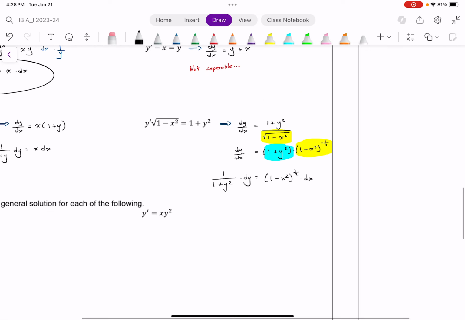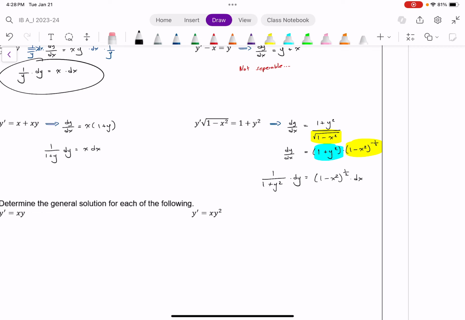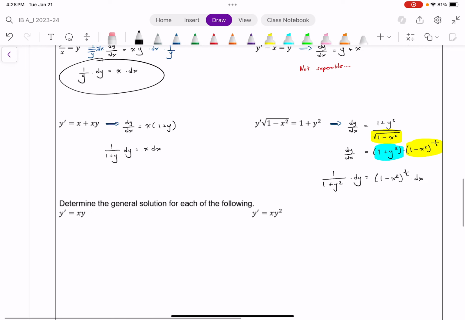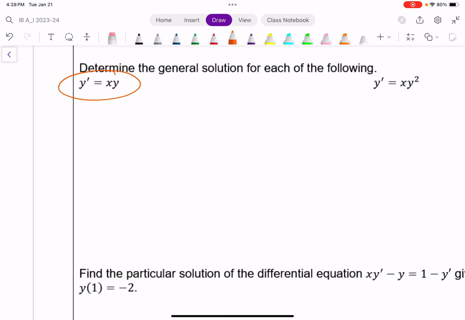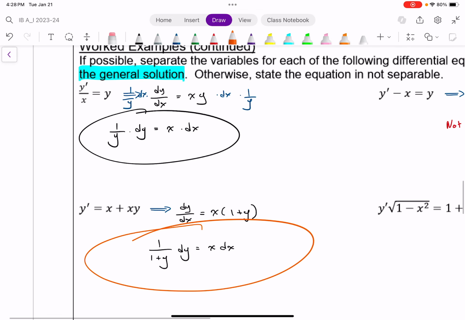All right, that said, now let's actually look at finding that general solution. I keep saying once we're at this stage, we can then integrate both sides and use that to find a general solution. So that's what these questions are about. So determine the general solution for each of the following. Well, first, I gotta separate the variables. Well, they already are separated. In fact, if you look right here, this is what we have up here,